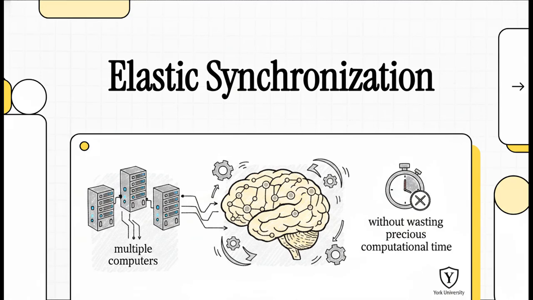Welcome to class, everyone. Today we're tackling one of the absolute most stubborn bottlenecks in all of artificial intelligence. I'm talking about the synchronization problem in distributed deep learning. Think of this explainer as a bit of a technical masterclass. We're going to look exactly at how we coordinate multiple computers to train a single massive AI model without wasting